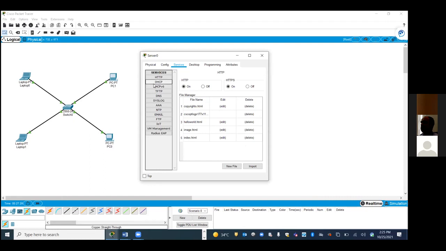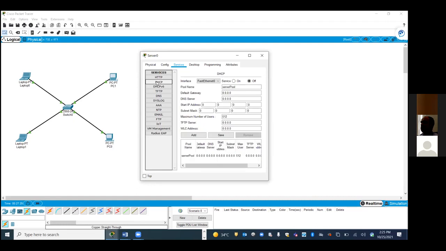Okay, so what is the services need to be enabled? DHCP. What is DHCP? Dynamic Host Configuration Protocol. Okay, that is services run on a server. So DHCP will supply the IP address to all the clients. Okay, so how do you get the IP address when you come to this campus? DHCP server is supplying the IP address. Okay, how do we do it? So we have a pool, right?